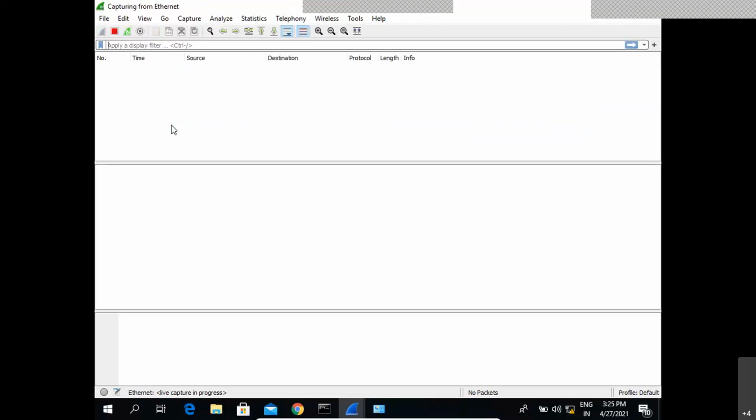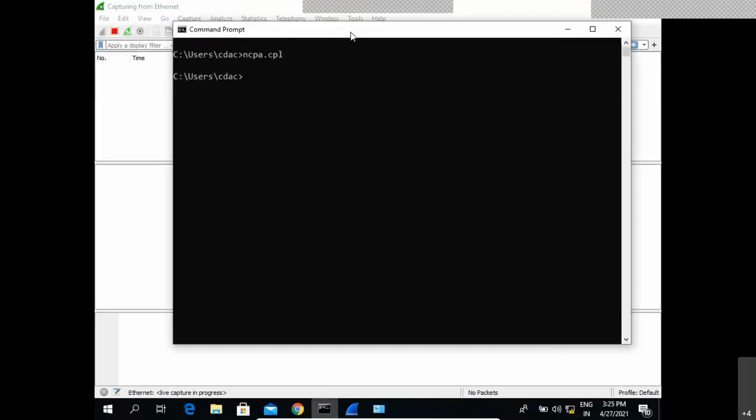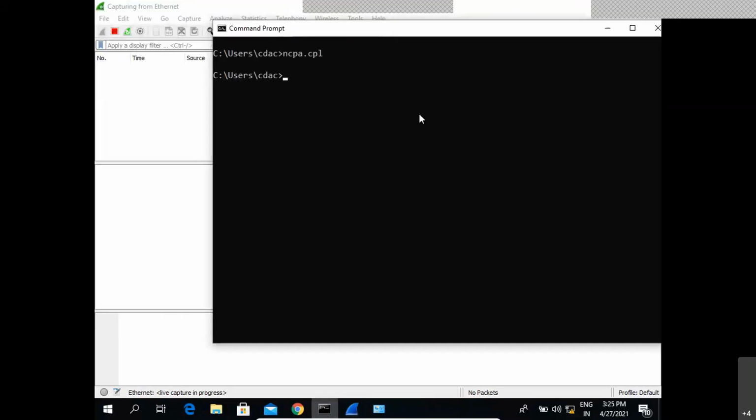So for this, we'll go to the command prompt and try to generate some communication. There is another machine from which I can initiate the command. Let's say I'm using a simple command called ping, just to check whether the other system is available or not.